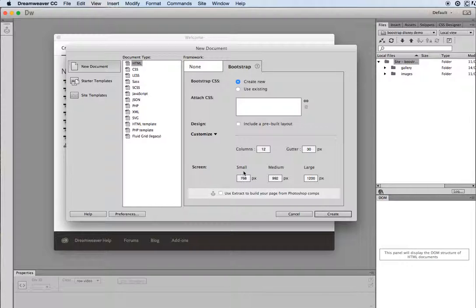So in other words, what we're saying here is that screens that are between 768 pixels and 992 pixels are going to be tablet size screens. Screens that are larger than 992 are going to be our desktop, and then we've got a larger desktop further than that. Any screen smaller than 768 pixels will be classed as mobile device screens. I'm just going to click create,